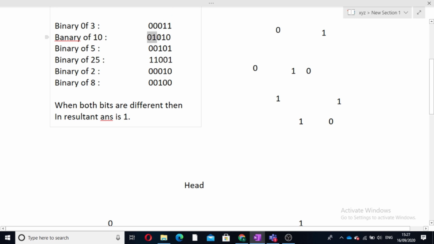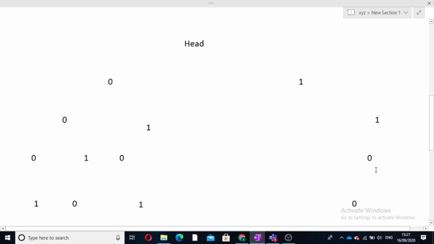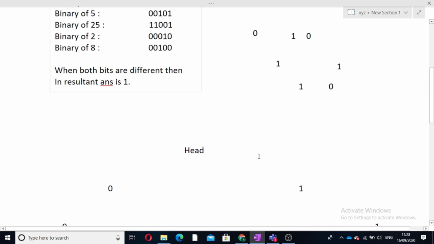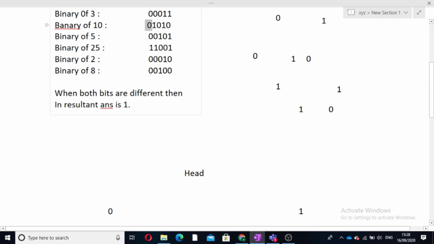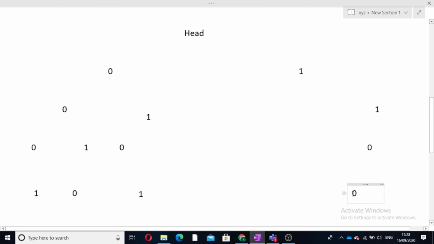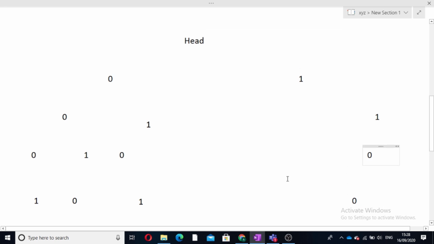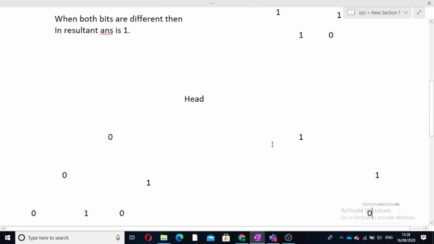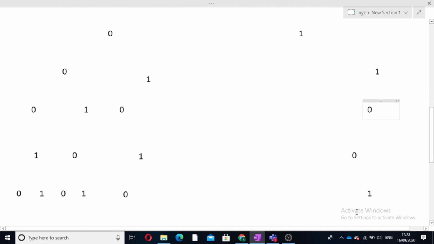The work of the first 3 bits is over. Now our new bit is 1, and our current node is 0. So we have to check whether 0 exists on the left side of this node or not, because this bit is at the fourth position, so we have to check the fourth level of the trie. So now we are at this node, so we have to check whether on the left side 0 exists or not, and yes, we can see that 0 exists. So XOR of 1 and 0 will result in 1, and this will contribute to our answer.